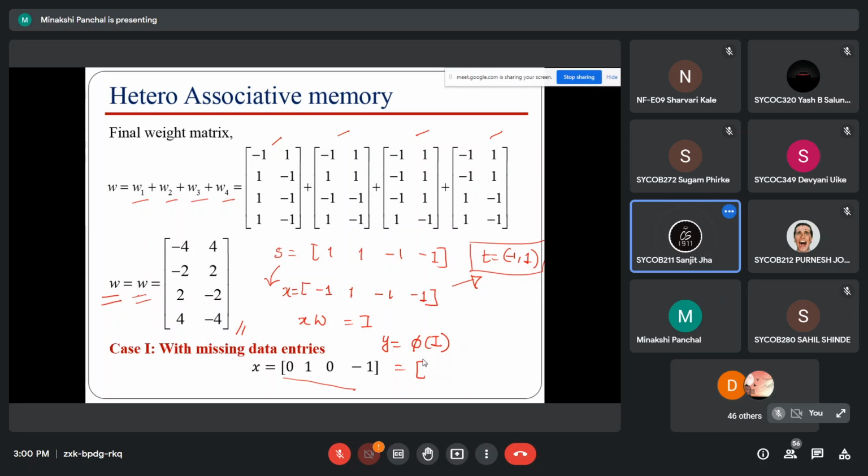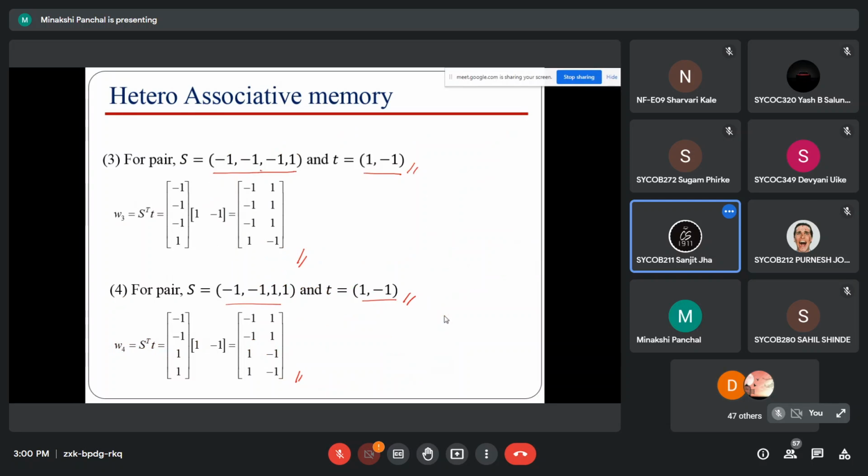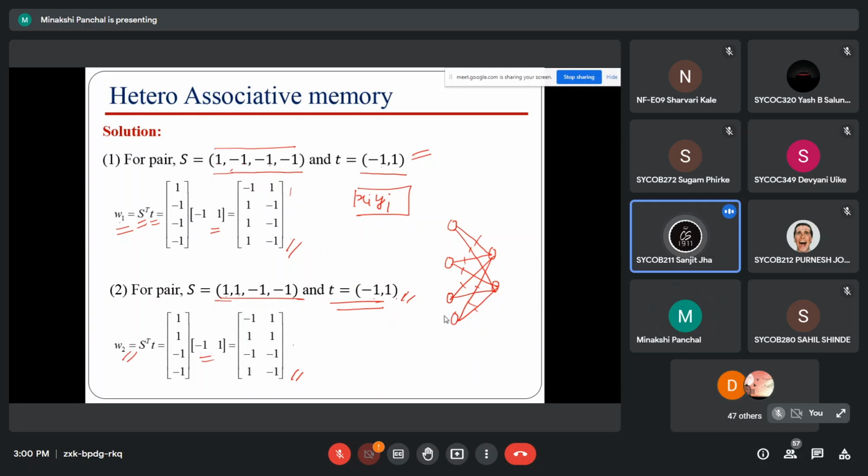मैम वो जो वेट मैट्रिक्स बना था ना मैम सेकेंड इनपुट के लिए, वो आई गेस गलत हो रहा है मैम फॉर सेकेंड इनपुट। हाँ मैम वो गलत हो रहा है मैम प्रोडक्ट के बाद। वो -1 1 -1 1 1 -1 1 -1 ऐसा कुछ तो आ रहा था मैम। चेक कर रहा था मैम, मतलब सही कौन सा है।